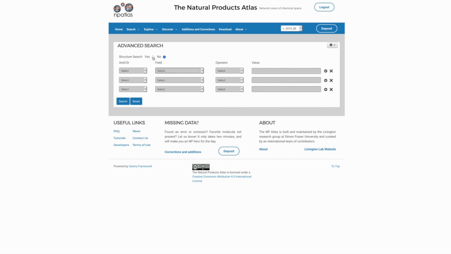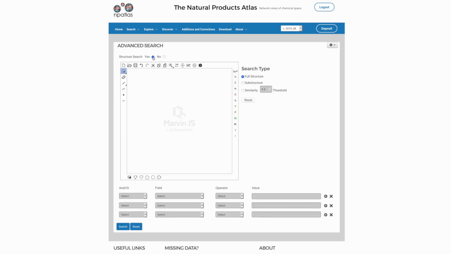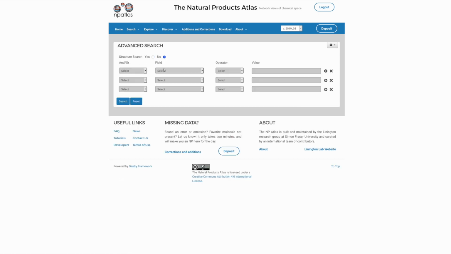The Advanced Search optionally includes a structure search component, and here one can add either full structures of compounds or substructures for inclusion as a search requirement. In addition, there are a number of different features here which include a wide array of different parameters from the Atlas database. So as an example, if we require a molecular weight greater than 500,